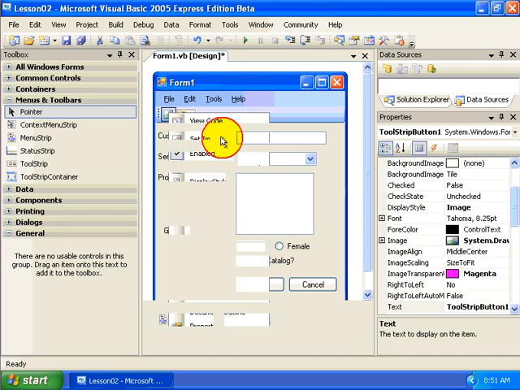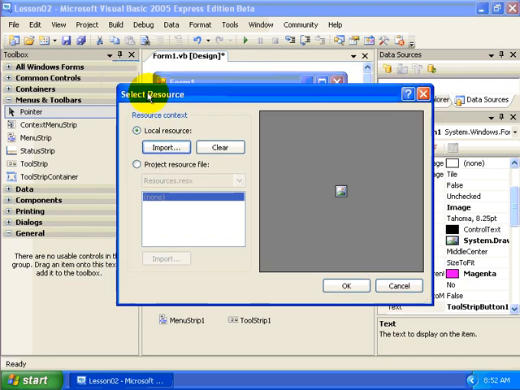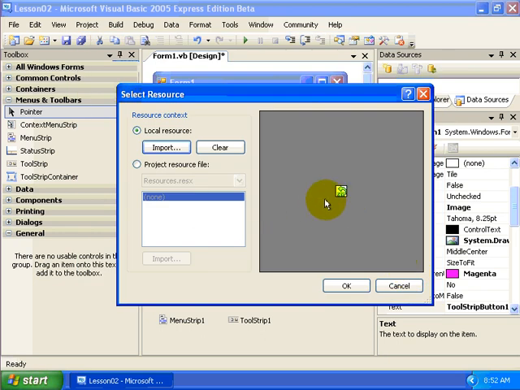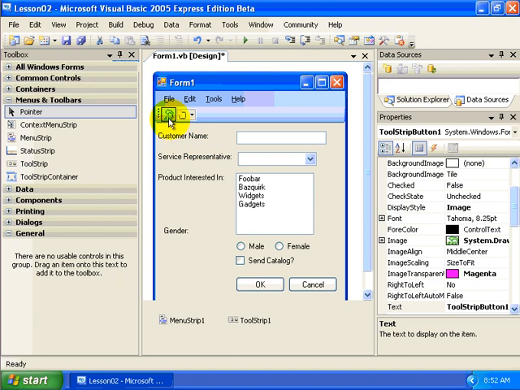then right-click it and select Set Image, and it gives us this select resource. And what I'm going to do is click on Import, and I have included a file that includes some icons. So from the same spot where you downloaded this video, there should be something called Lesson Resources. Just unzip that and put it somewhere on your hard drive and locate that right now and find, for example, this rss.gif file and click open. And whenever you do, notice that it changes from that default picture icon to this little RSS refresh that we'll use later on in this series of lessons. And once I've done that, I'm going to click the OK button, and now that is a button on my